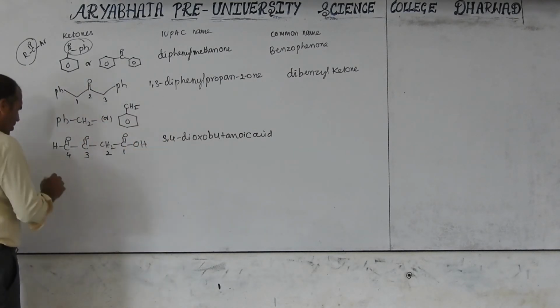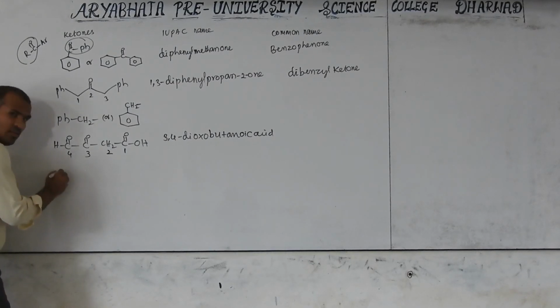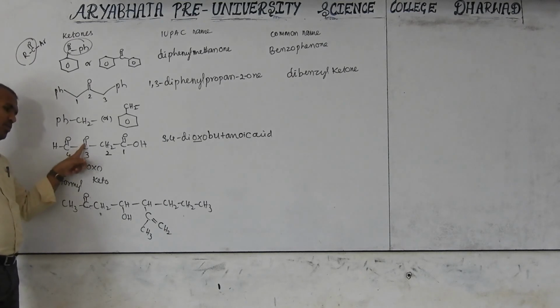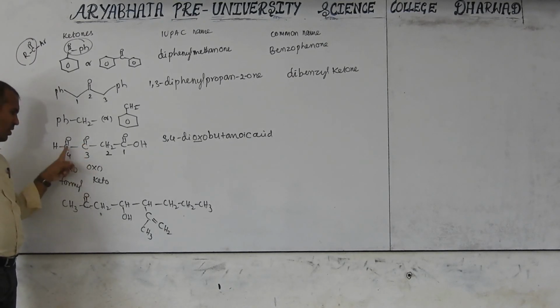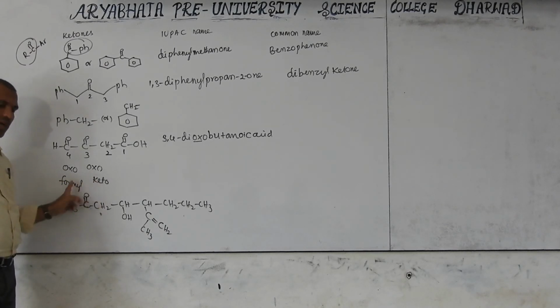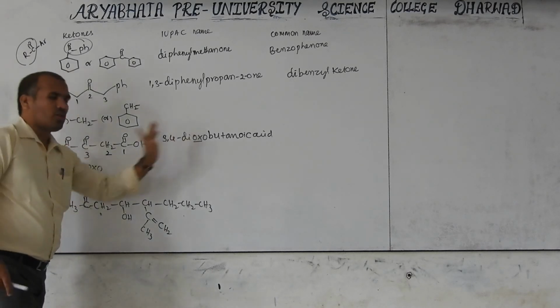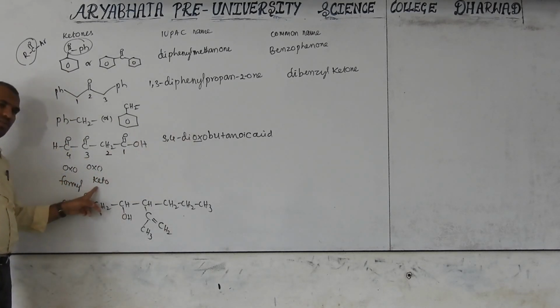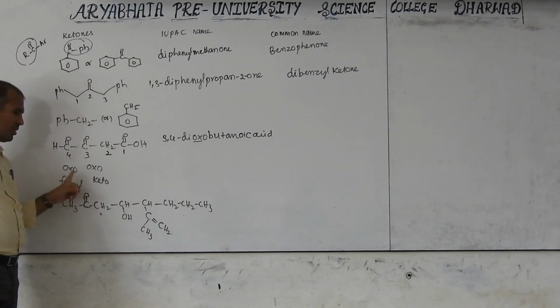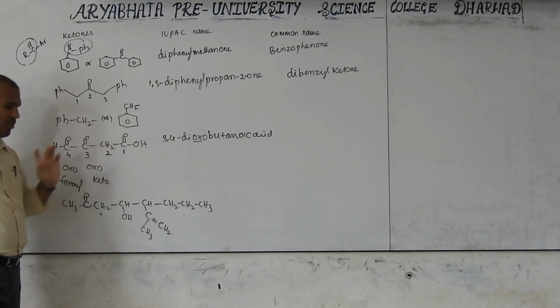Next, one of the questions here. Now, in this compound, the keto substituent is oxo, and the aldehyde group name is also oxo. Sometimes formyl and keto are also used as substituent names. But instead of using these two, oxo is preferable. That's why I wrote dioxo here. Formyl and keto are generally used frequently in the common names. Oxo is generally the preferred one in IUPAC.